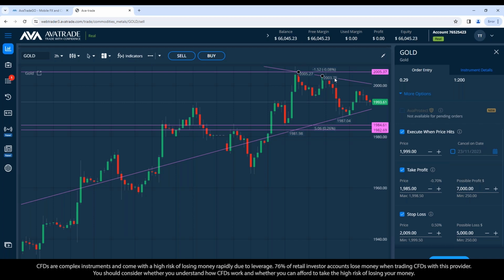And since I think 2000 as a round number might act as natural resistance up here, then maybe I don't need my stop loss all the way up to 2009. Maybe I have it more like 2006. Okay, just to get above this spike over here and above all of this with my stop loss. Assuming there's not much momentum, it would probably have trouble breaking that far above 2000. So now I start to look and I say, again, I have 2-to-1 ratio now. So I only have to be right on one of these trades, the first one or the second one, and I can break even or maybe even have a small profit. Okay, and if I'm right on both, I have a really nice payday.